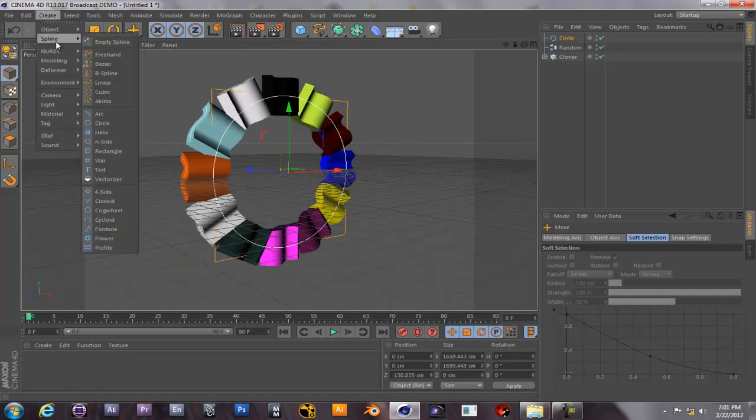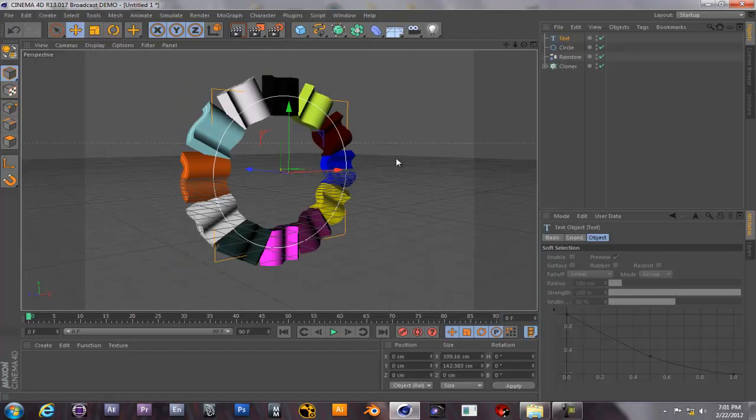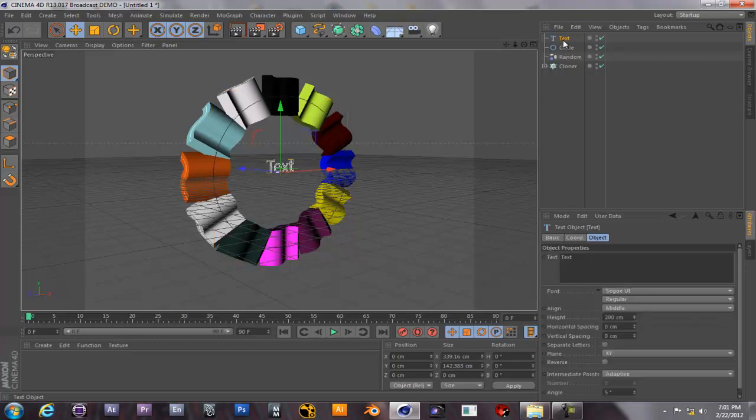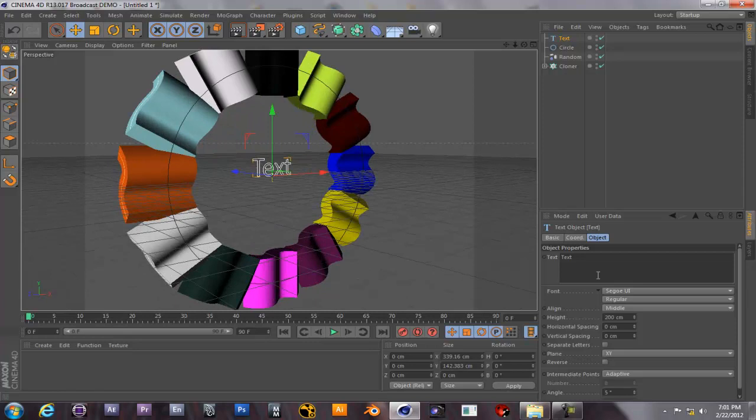Another thing I'm gonna add is a spline text. And here, where is it, come on. Under the spline text I'm gonna edit it and write 1. And make the text